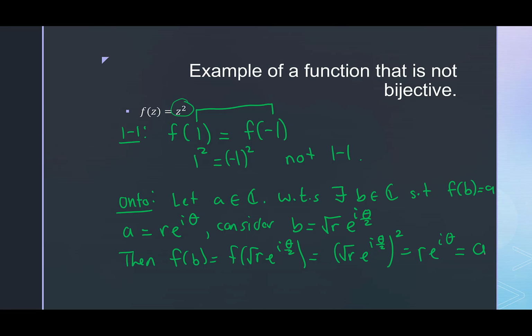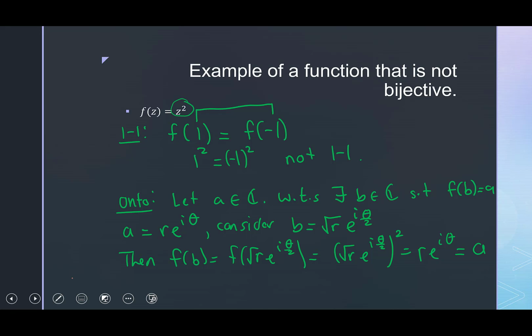So it's kind of crazy, right? We have two functions that we are really, really comfortable with in real land, x squared and x cubed. x squared was not a bijection. It was not surjective or injective. And then we had x cubed was a bijection. But in complex land, everything's sort of strange, right?